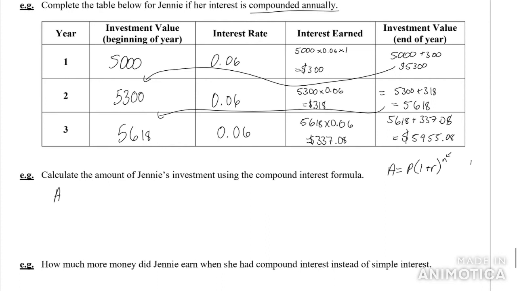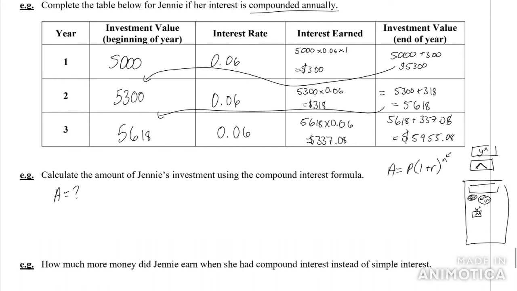So on a calculator, the button sometimes looks like this, or it'll look like that. It also might be a second function where, if you've got one of those fancy scientific calculators, sometimes they've got a directional arrow, there's usually a second function button, and then you'll see something like x squared, and then underneath it, or not on a button, but in writing, it'll say y to the x. So you might need to press second function and then that button to get it to work. But if you're running into problems with your calculator, let me know.